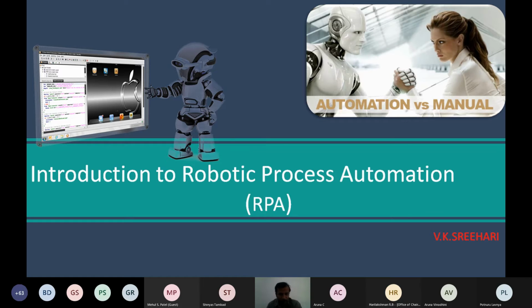I'm very happy to learn that, and we also understood that we have plenty of non-computer science candidates attending the program.